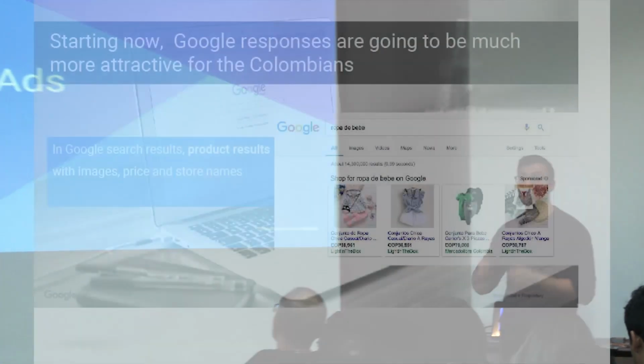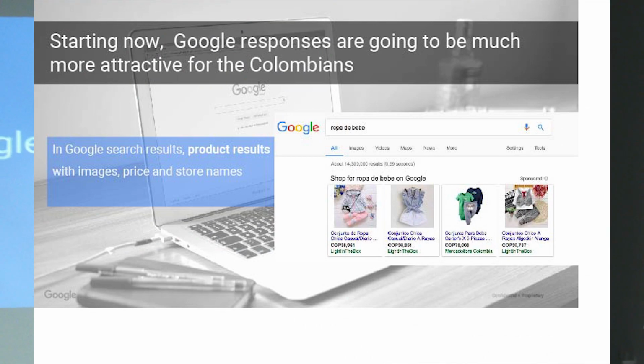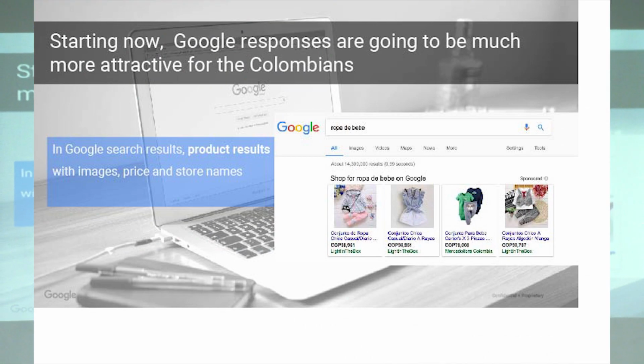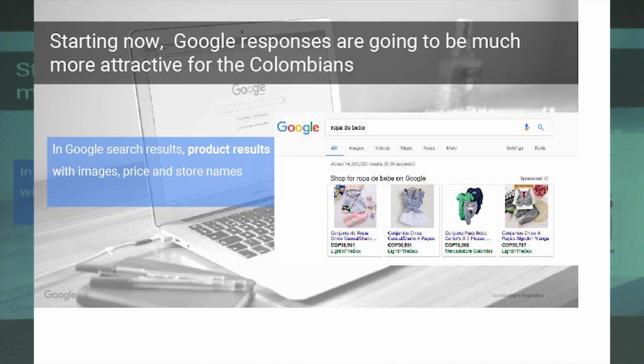So let's now take a look at Google Shopping ads and specifically how they compare to traditional text ads. So when we think of traditional text ads, of course, they're great. They can describe your product or service. But if we actually think about a perfect ad format for you as a retailer whose goal is to drive e-commerce sales, right? We really think that we've built this ad format specifically for you.